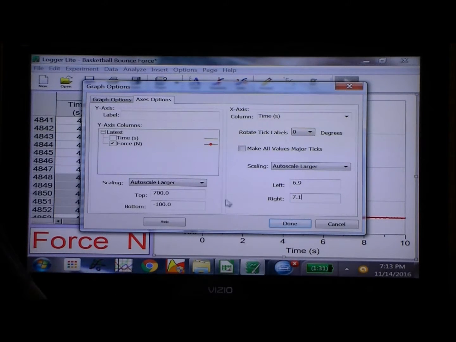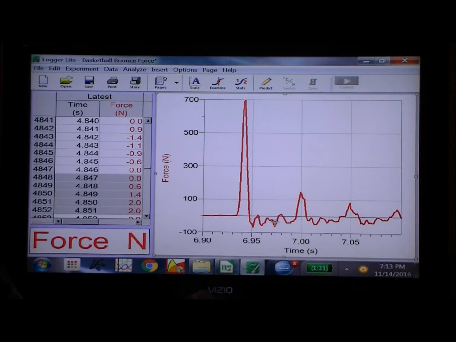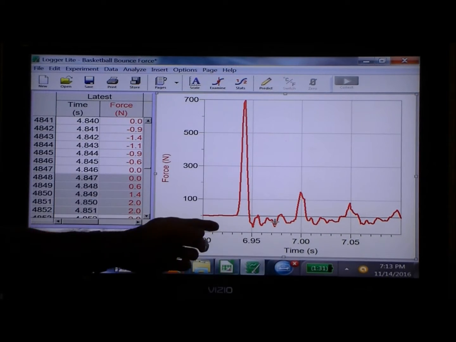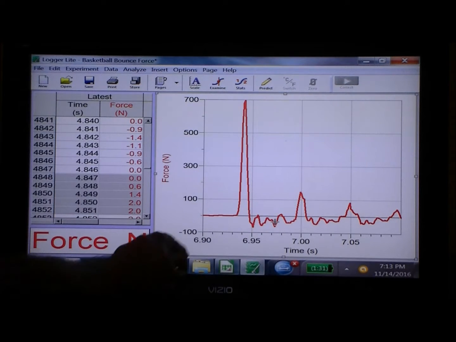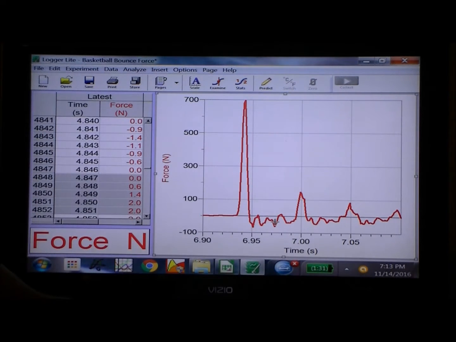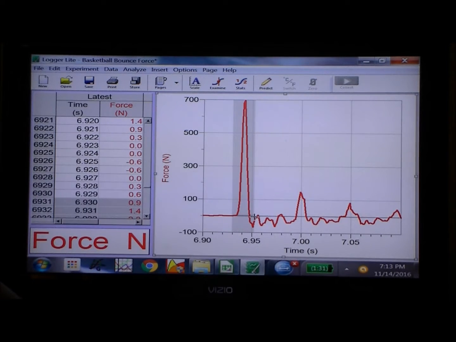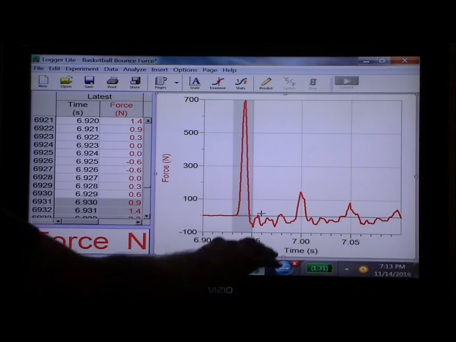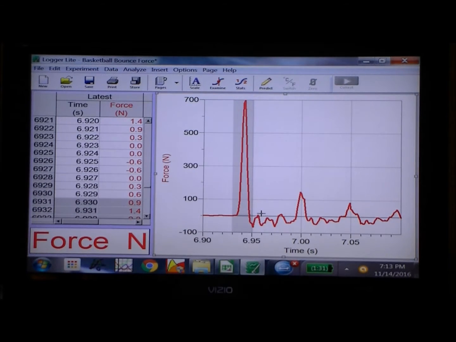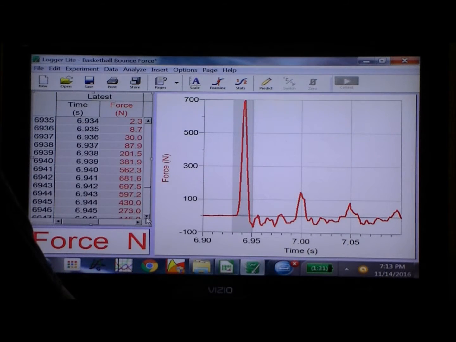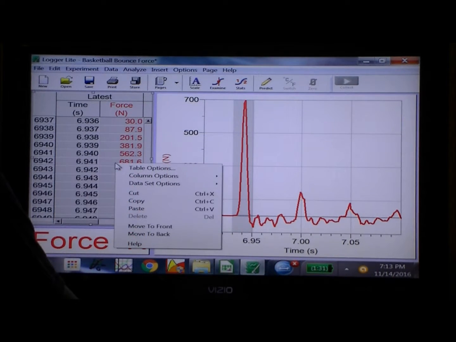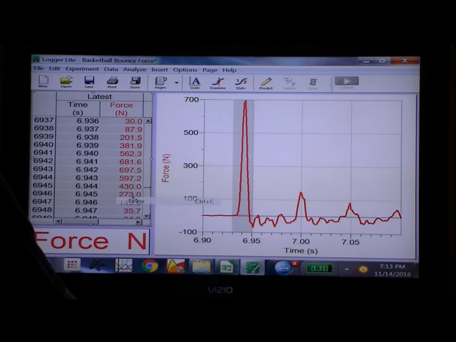And that's just the range of times that the basketball bounce occurred, between 6.9 seconds and 7 seconds, and then there's some noise because we did the experiment on the table. We're only really interested in the force, the impact, and not the shaking of the apparatus after that. So now we've got it highlighted. Come back over here, make sure it's got the data we really want in it, and let's copy that data